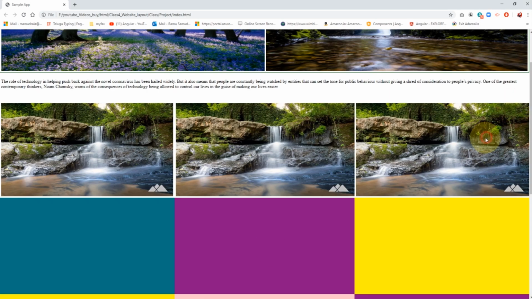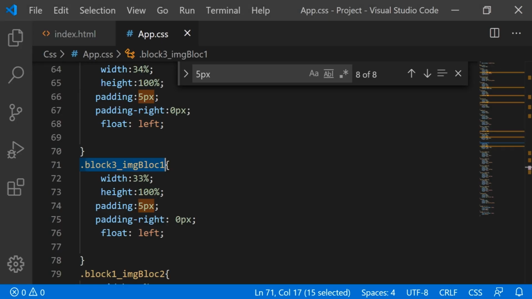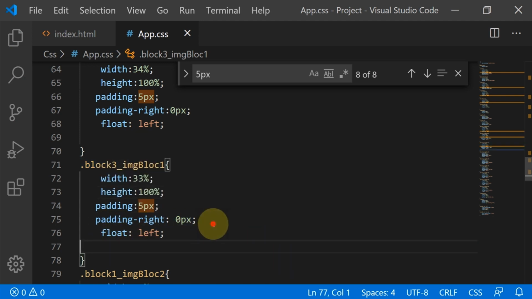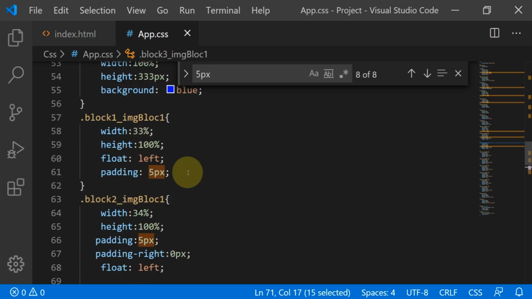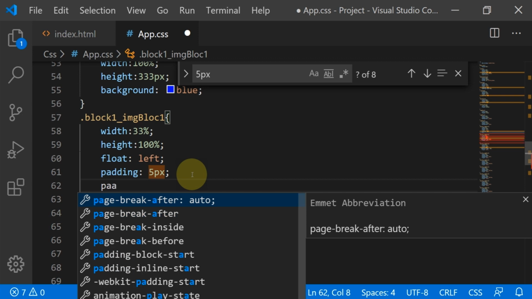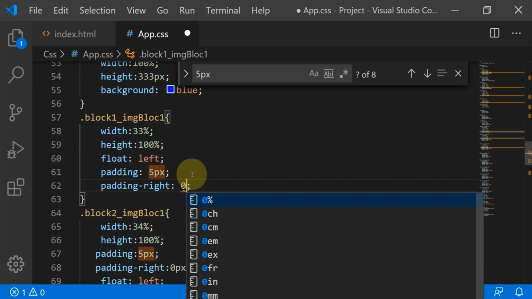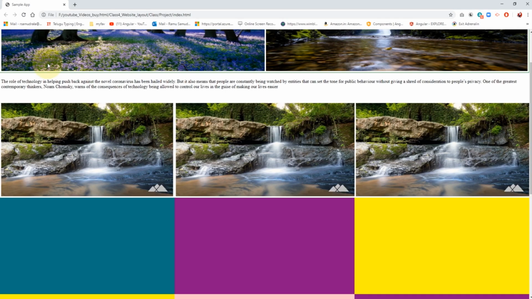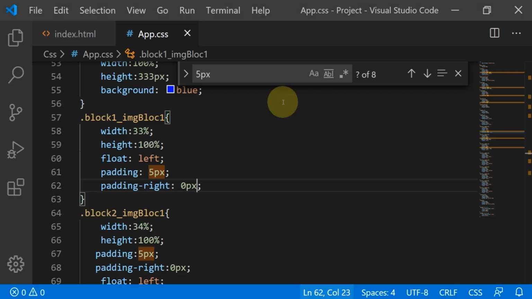So here we have to mention the same thing. Then for block 1, padding right, 0 pixel. Yeah, so now the left, right and bottom spaces are equal for these three images.